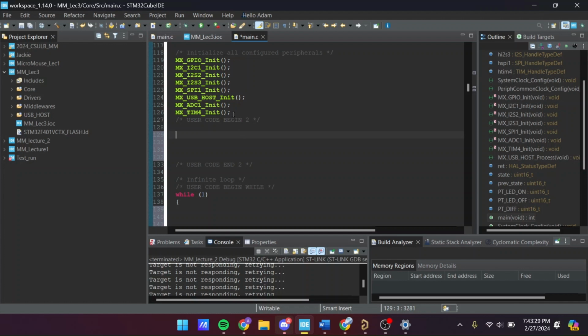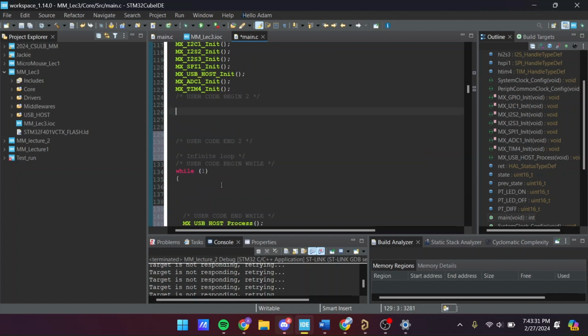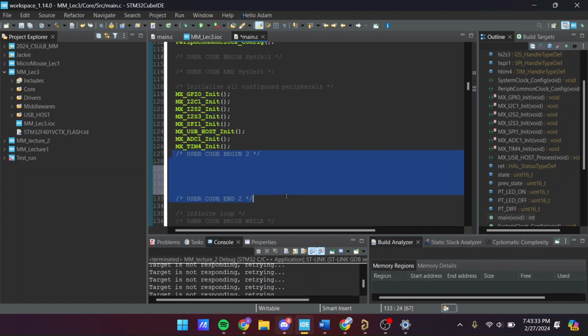Outside of the while loop, yes. So this is in user code begin 2. This is where we can initialize things. This will run once in the beginning and then really won't run again after that. Yes, that's where we're going to initialize all of our timers and stuff. I am still getting used to this, so I'm going to try to do this off memory. I believe it's HAL, and then